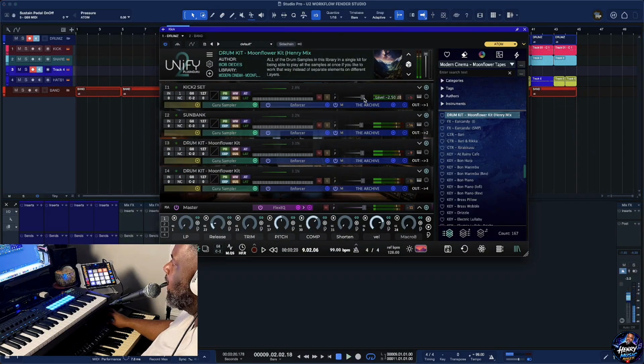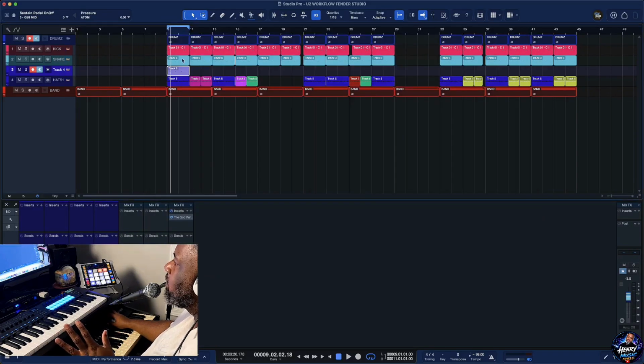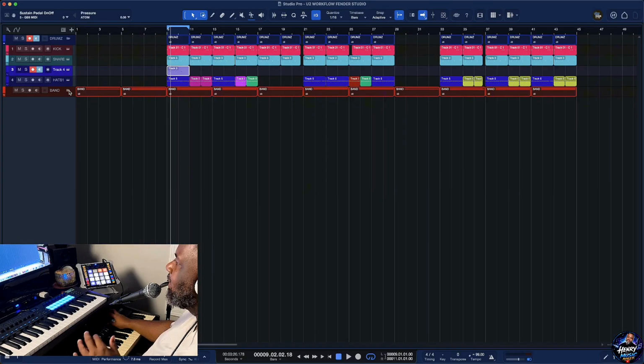So what I have is the Archive on all of my drums right here inside of Unify. Yes, inside of Unify. So you can use your own plugins inside of Unify. Note, I can still use my plugins inside of Fender Studio Pro, but I'm using them inside of Unify too. So yeah, I like this workflow because when I'm working on songs, the multi-output situation,